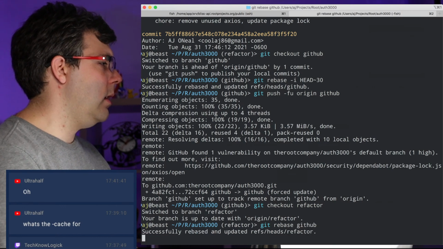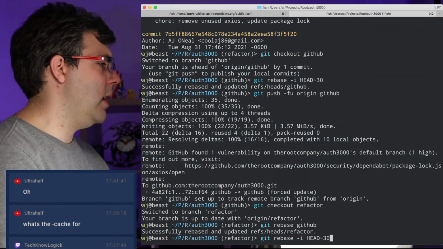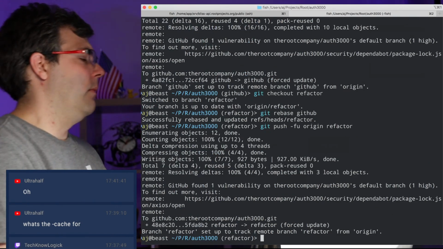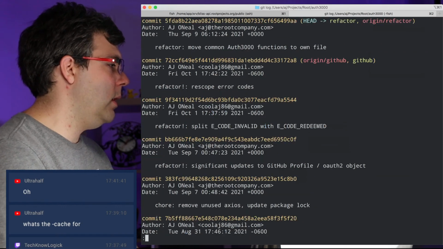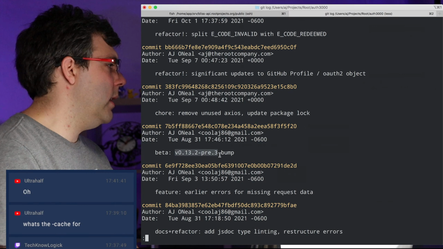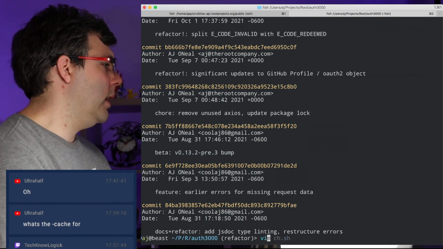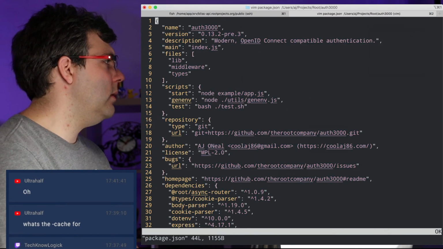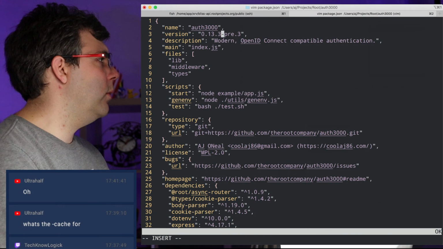And then if I rebase on GitHub, it should work just fine. And then I can push this up. And then I think I want to tag this as, what am I up to here? If I look at the log, we're at pre-3. Because of the nature of the changes, I'm actually going to bump this up to,